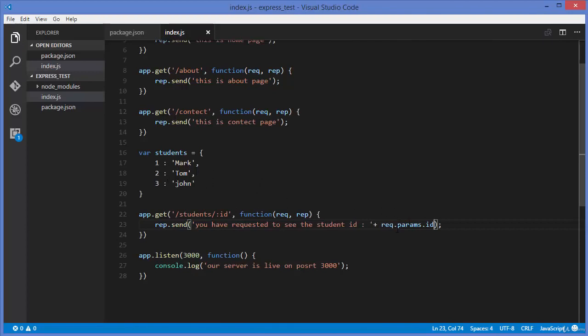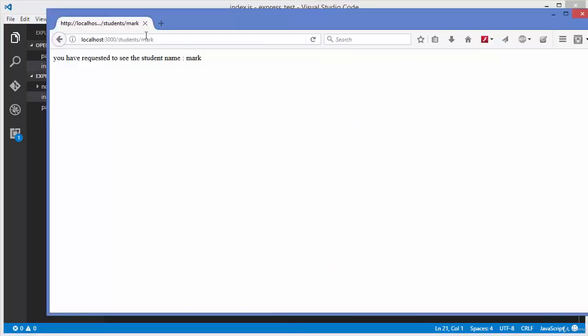We want to give the name, right? So here I will write name, and the way you can do this is you can just take the students, because it's a kind of an associative array. You can take the student, and then using square bracket you can get the value on the basis of key passed here, right? So I'm going to save it, and then I'm going to refresh it,